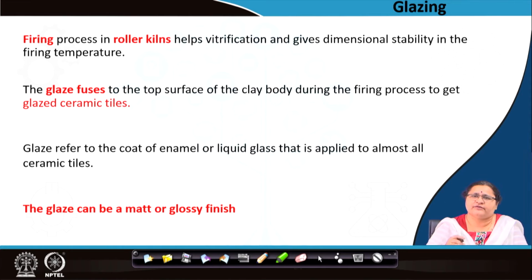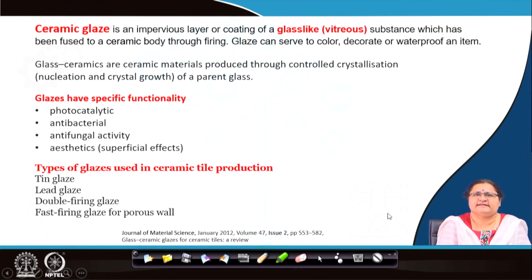So those are further details if you enter into the manufacturing process, but we are more interested in what the types are, how it is to be used, or what the uses of this particular thing are. Let us come to the ceramic glaze, which is the impervious layer or coating which is glass like, and